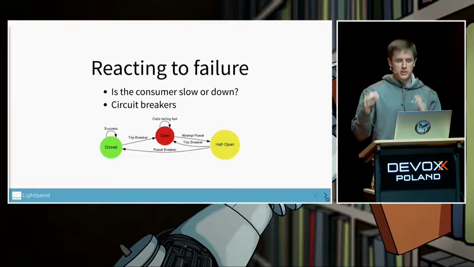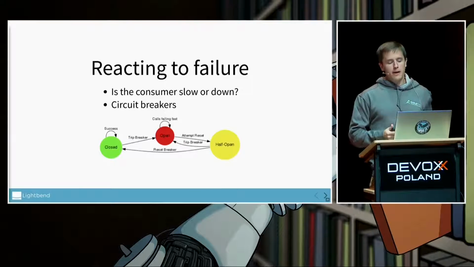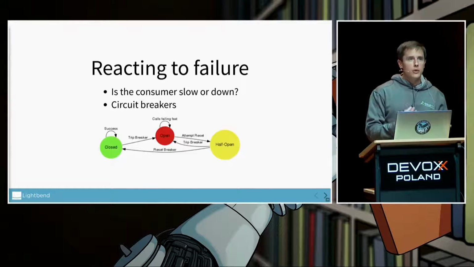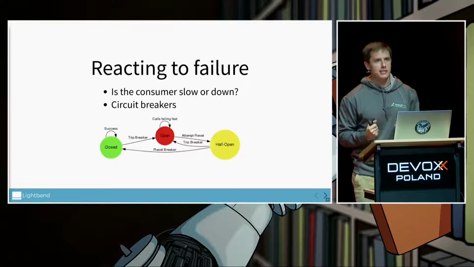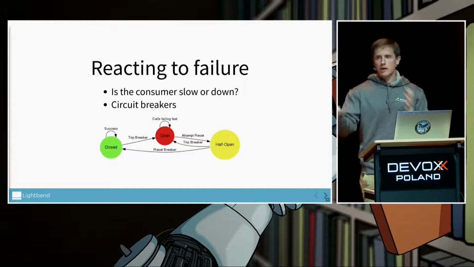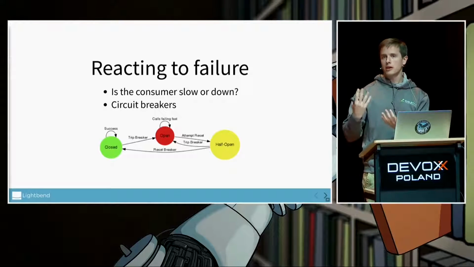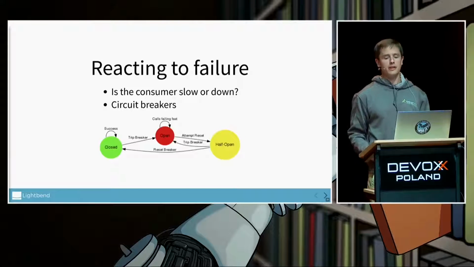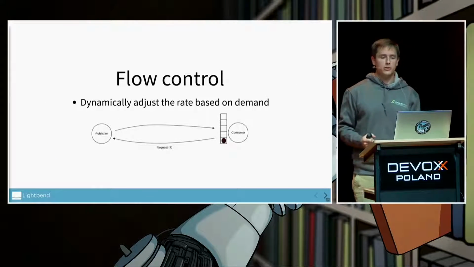Because what we're really doing there is reacting to failure. Whereas what we really want to do, I think, is be proactive. We don't want to kill our downstream dependencies. We don't want to overload other parts of our application. We want to communicate with them and agree on an acceptable amount of load that we don't want to hard code in configuration. And that is what flow control is.